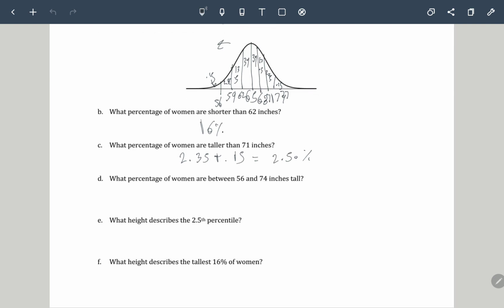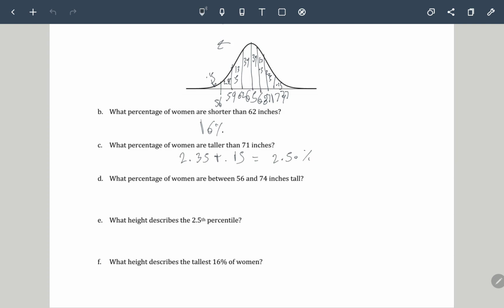All right. What percentage of women are between 56 inches and 74 inches tall? Right? So here we see 56. Okay. We see 2 point, what is this? Between 56. Okay, what's that? 0.15. It starts from 0.15 to 74. Now